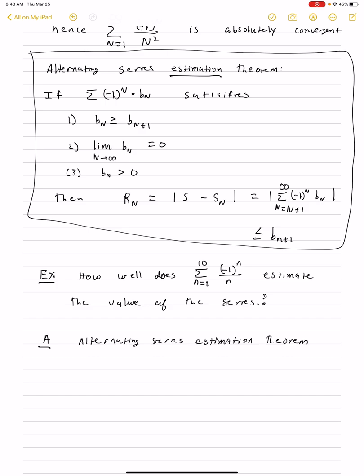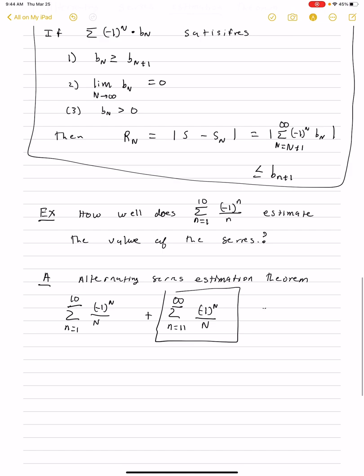And this says that the remainder, everything else, so this summation from n equals 1 to 10 of minus 1 to the n over n plus the series from n equals 11 to infinity of minus 1 to the n over n, well, that this term right here is less than or equal to the summation from n equals 1 to 10 of minus 1